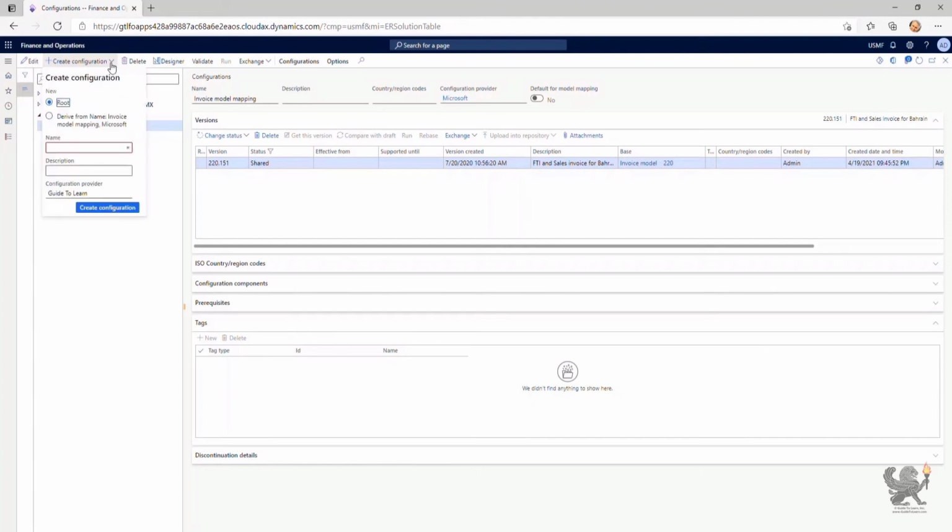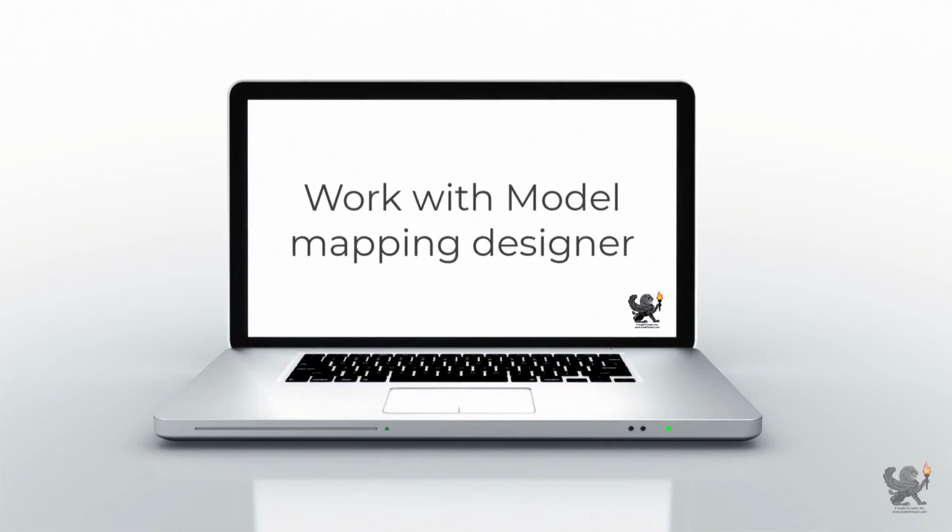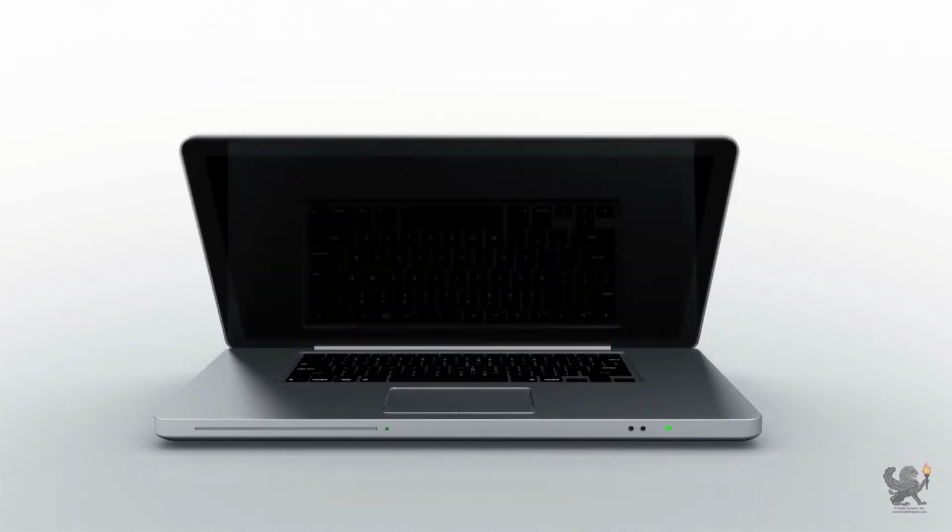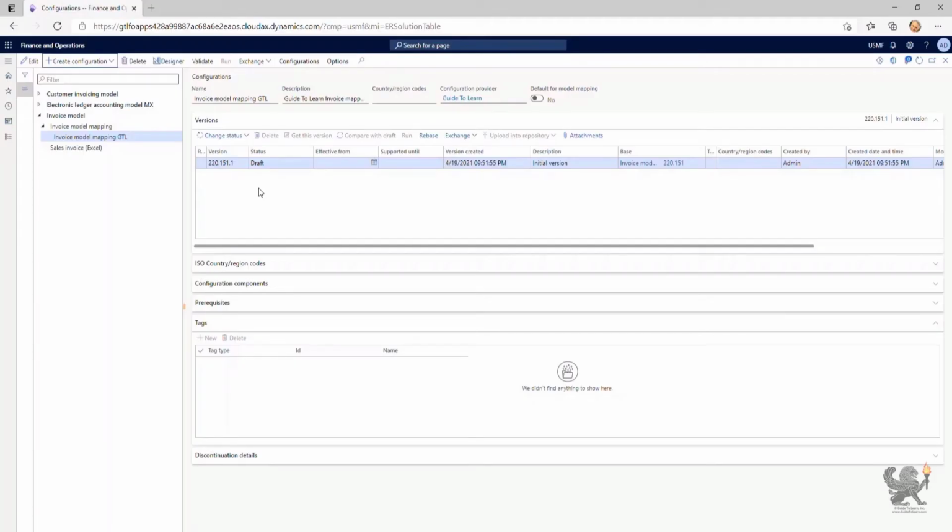Here, you can create a root or select the option in order to drive from the highlighted configuration model, which happens to be the invoice mapping model. I need to create a brand new configuration which is being inherited from this specific active model. After I created the derived configuration model for sales invoice model mapping within the configuration provider,